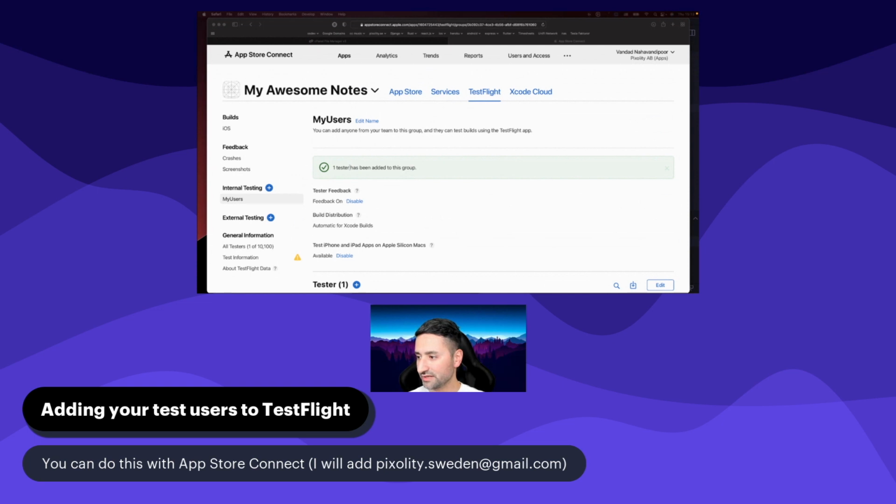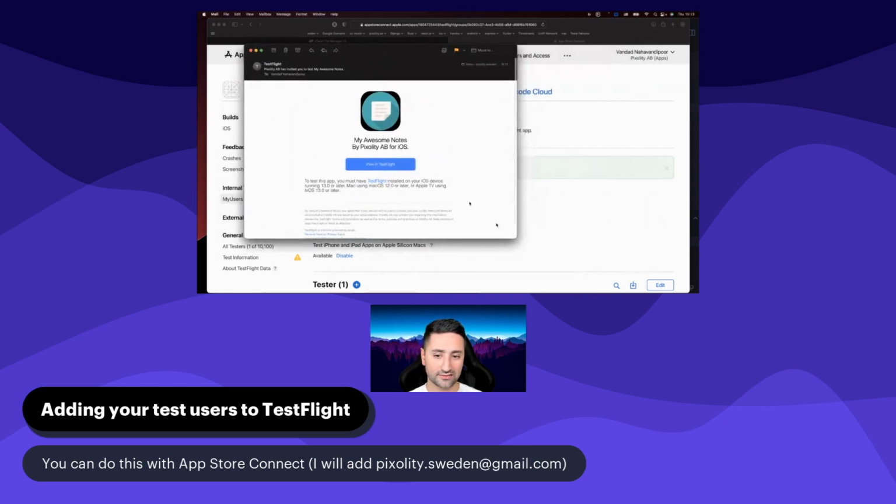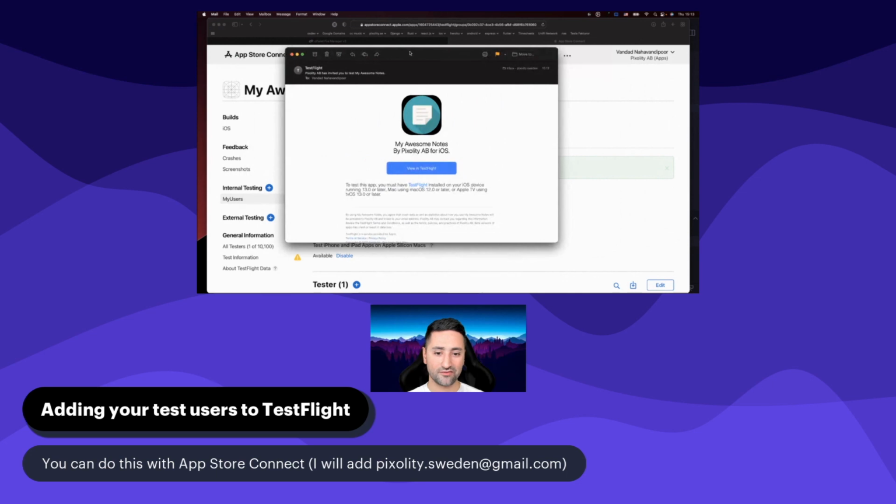So what I'm going to do then is wait for an email to be sent by App Store Connect to my user, and it's just been sent. I'm going to open it so you can also see how it looks like. Here's the email that I just received. So App Store Connect is telling me that, hey, you've now been invited to test this application, and you can just go ahead and do it. So I'm just going to tap on View in TestFlight, and this is just going to work because I already have